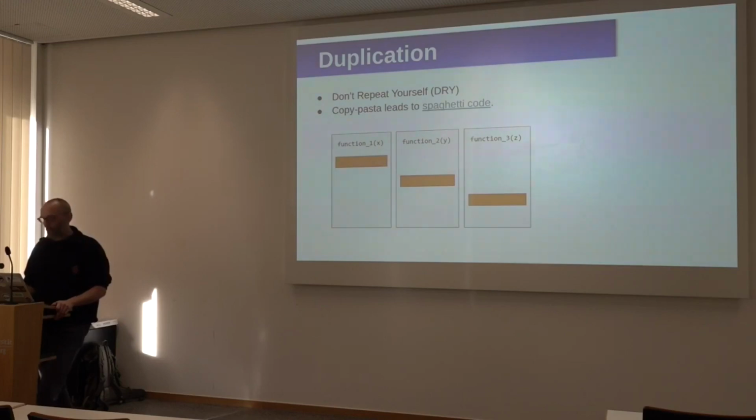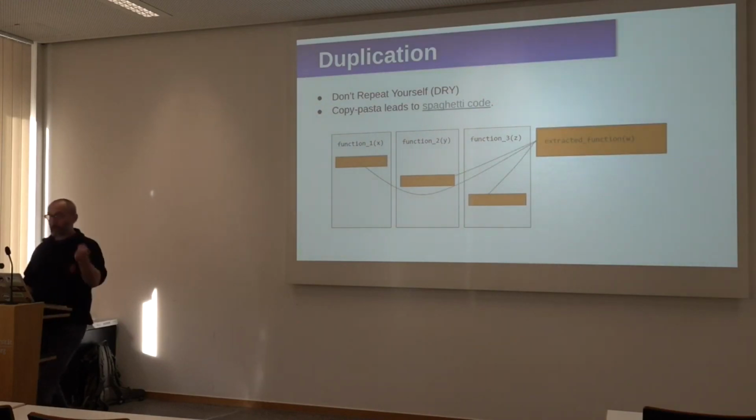Kind of annoying. So what you can do is a refactoring by extracting this code and putting it in a separate function. Now you only have one sample of that code to modify, and it will apply it everywhere else. So that's usually one of the basic things that you will have to do a lot, is just extracting functions, creating functions, so you don't have to copy-paste things.